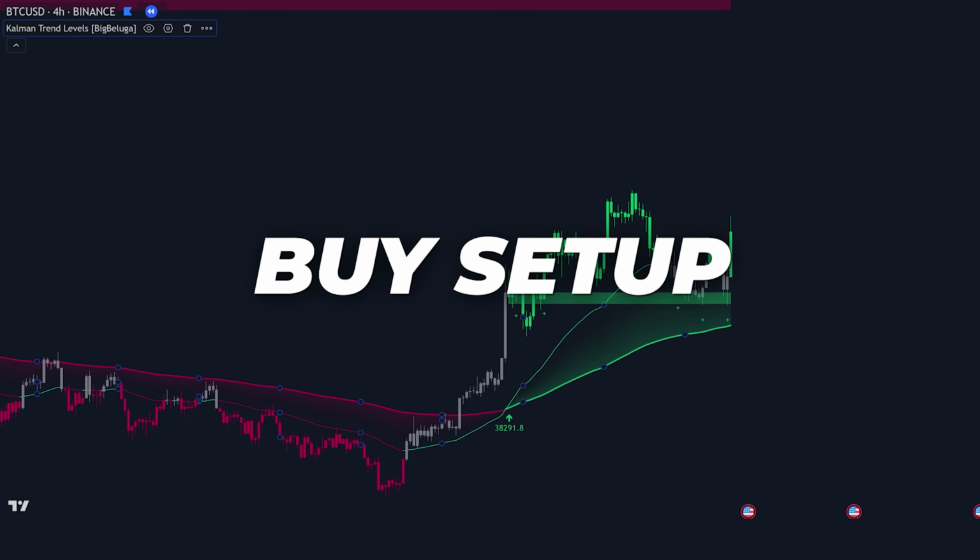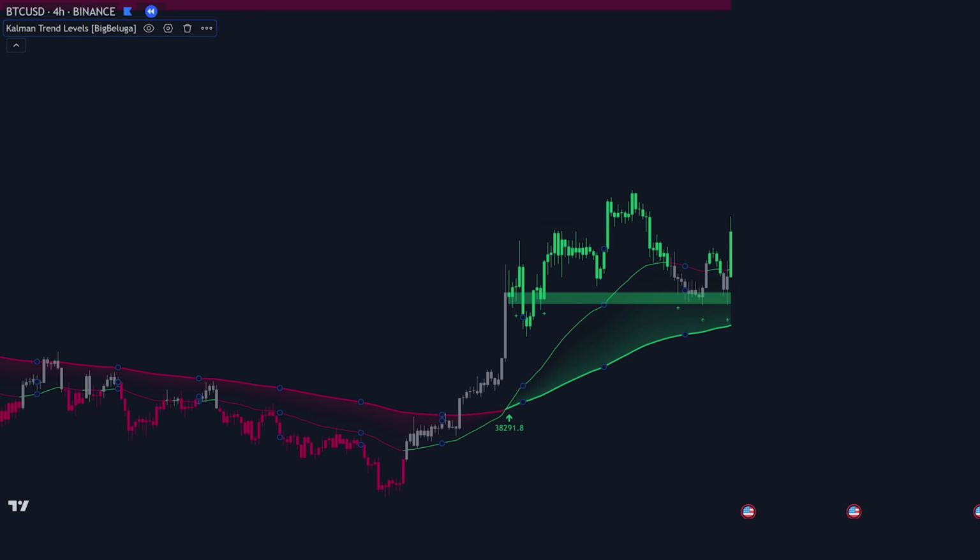Let's analyze this buy trade setup on the Bitcoin chart, which serves as the final trade setup for this video. First, the fast Kalman line crosses above the slow Kalman line, signaling a momentum shift from bearish to bullish. This crossover is a clear indicator that the market is transitioning into an uptrend, making it a key first signal